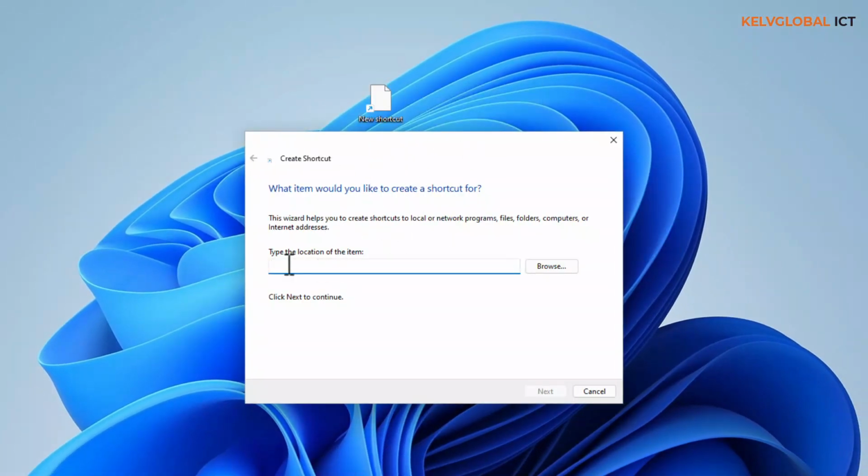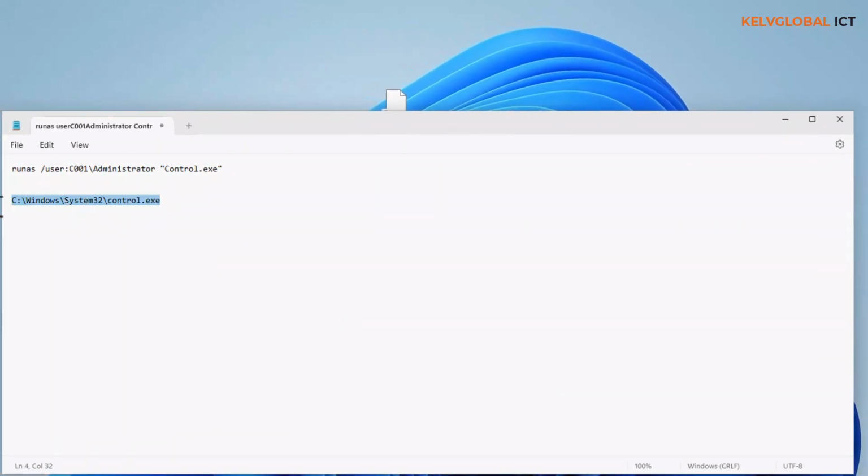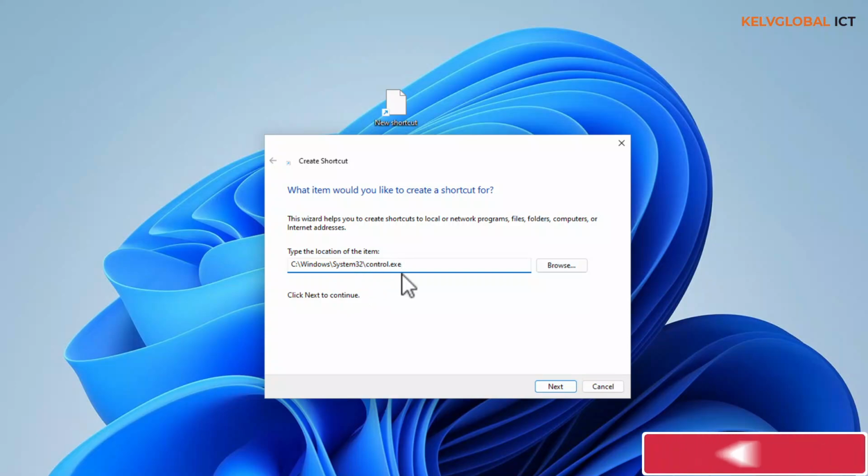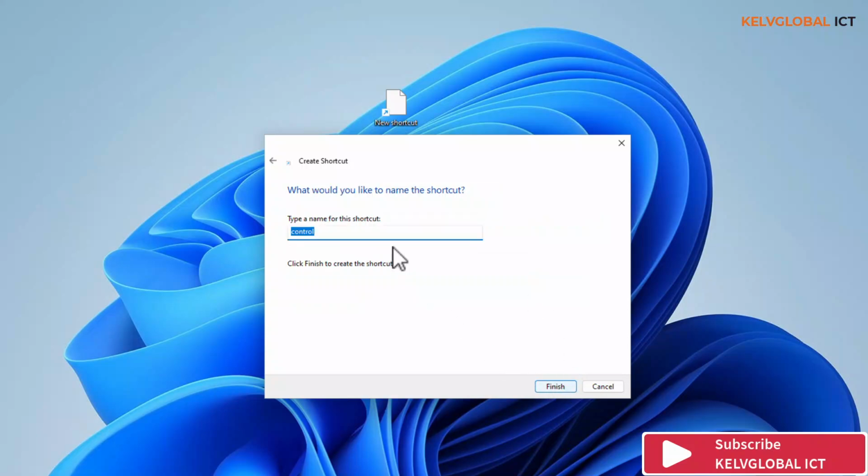By trying to create a shortcut, it's going to ask you to type the location of the item. So what I did is the following. Let me just copy this to make this video faster, and then paste it here. It's going to be in Windows System32, and you can see under System32 we have the control.exe. So we're going to click next, and then we can call this Control Panel, and then